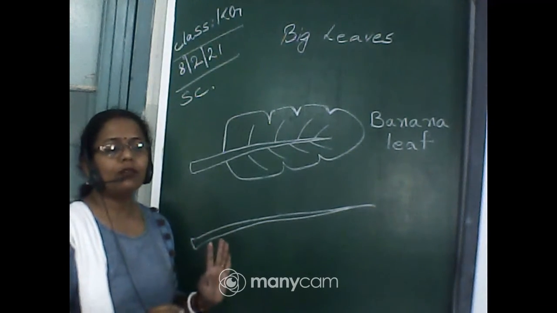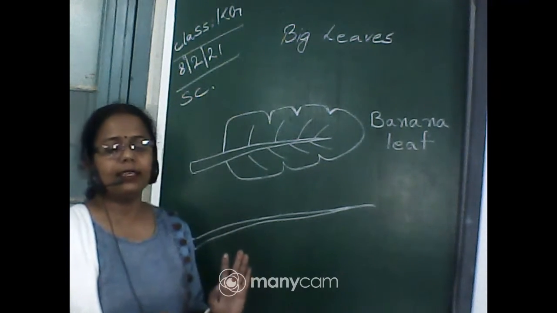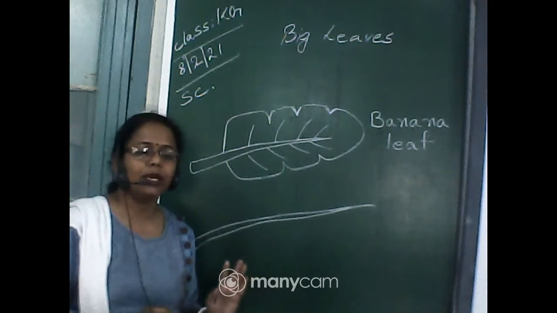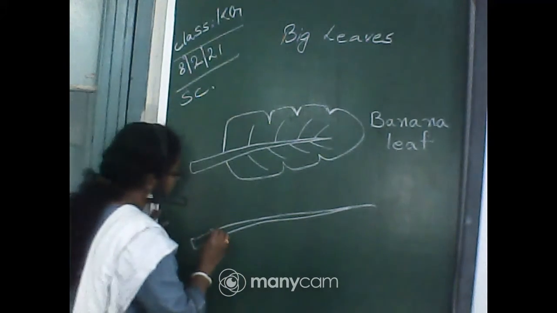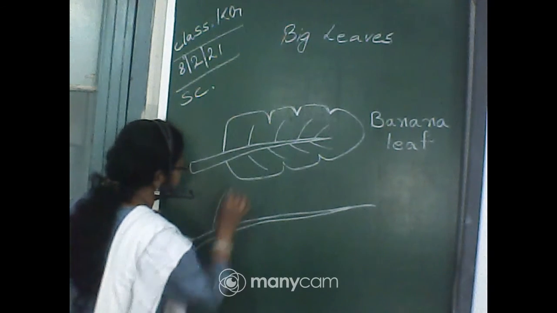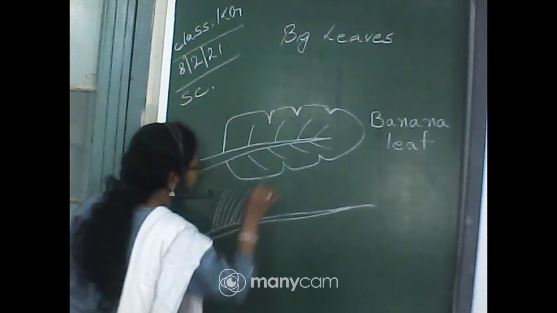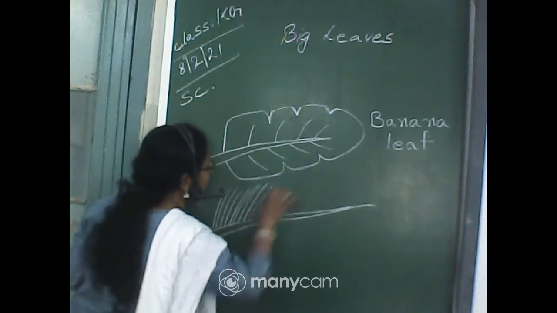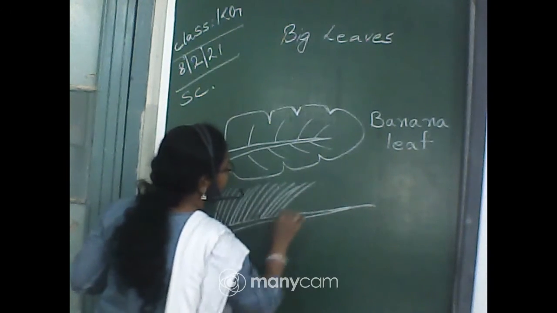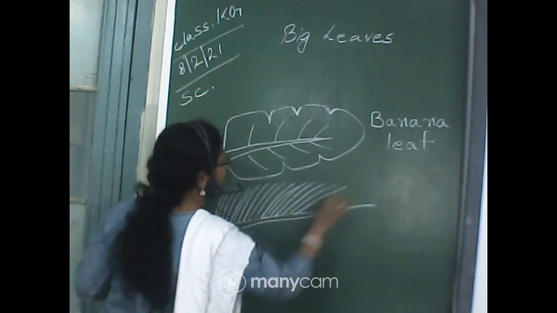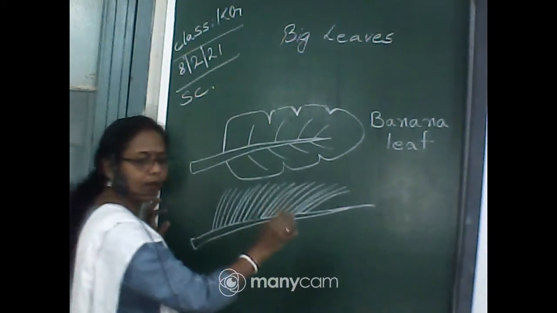Okay, all of you please put on your cameras, only camera, so that I can see that each and every student is drawing in their copy. Now what you will do, you will just do like this. So this is the way you can draw coconut leaf. With your pencil you will just make markings like this, but in this curved manner. Okay, come on.